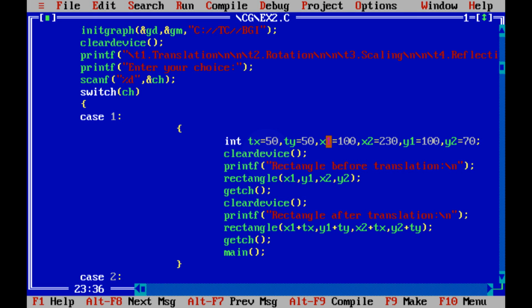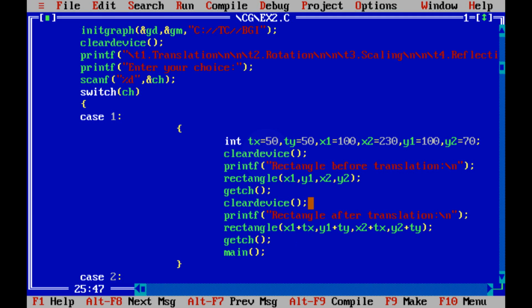Here I'm explicitly giving x1 as 100 and x2 as 230, y1 as 100, y2 as 70, and here I'm displaying what I have given. Then I wait until I press a character, and then I clear the screen.